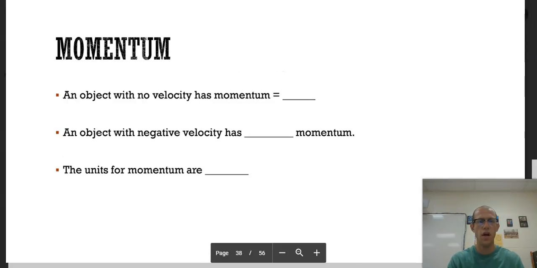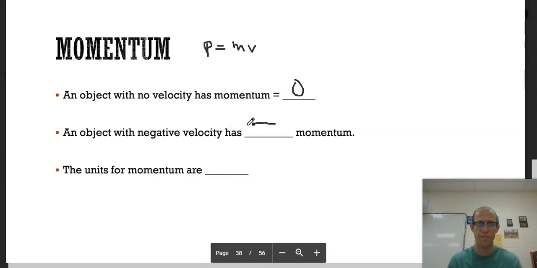So the momentum of an object with no velocity has what momentum? So if I look at the momentum equation, if velocity is 0, that means this whole side is 0, which means momentum is 0. If an object with negative velocity has what momentum? Well, if velocity is negative, that means momentum is going to be negative because mass always has